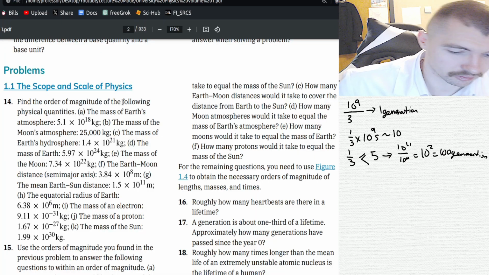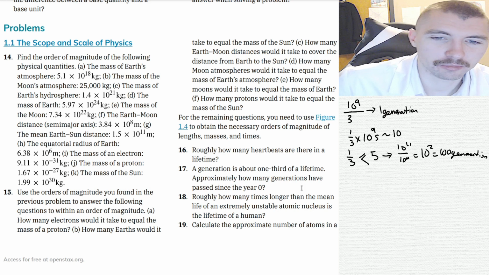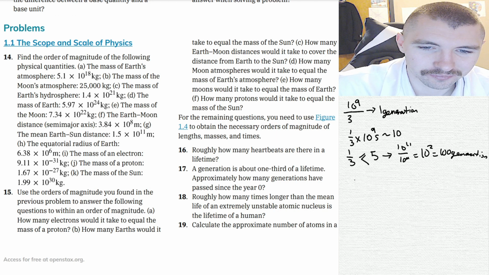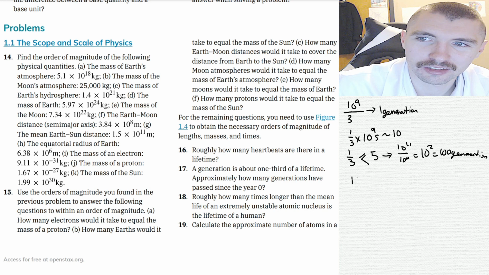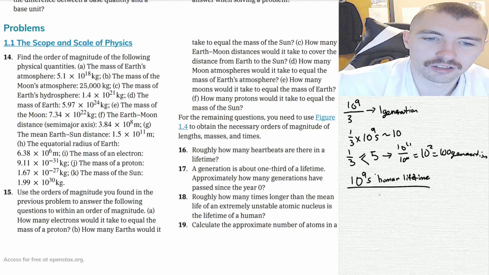So, how many times longer than the mean life of an extremely unstable atom is it compared? All right, so we're dividing 10 to the 11, 10 to the 9 seconds for a human lifetime, divided by